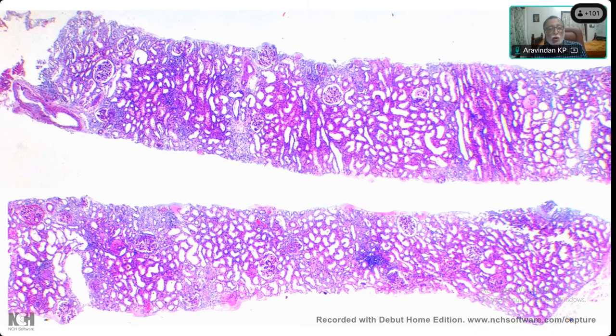Okay, so that's one of the things. Some degree of inflammation is there. So, interstitial inflammation. You have some pockets of inflammation you can see here. Yes. Okay. And what would you think of the size of these glomeruli? More or less normal? Yes, sir, normal. Okay.